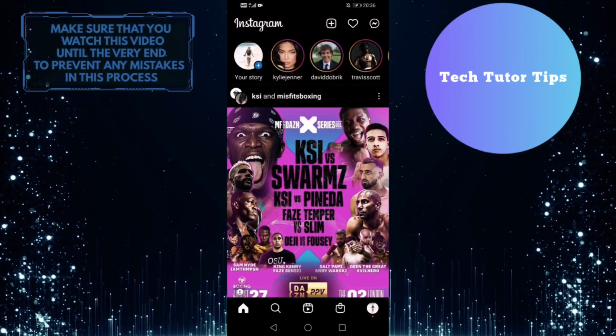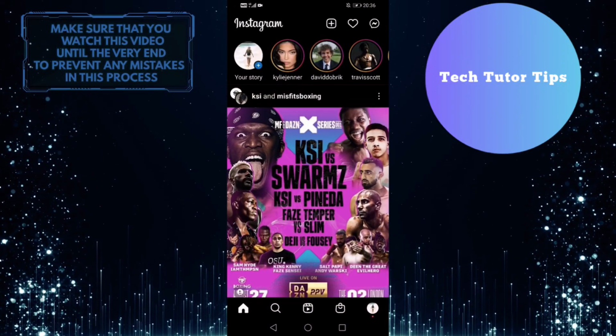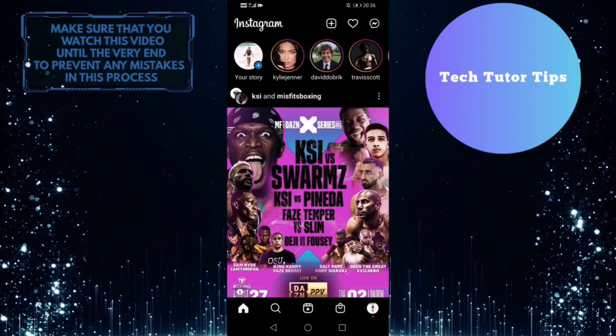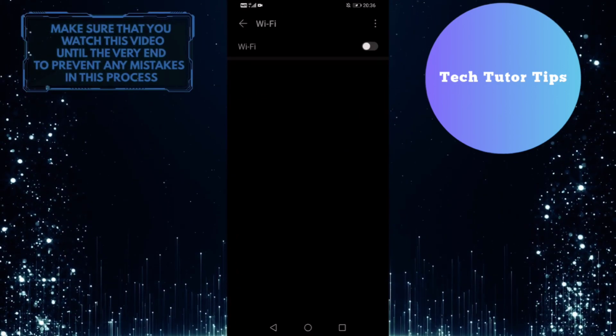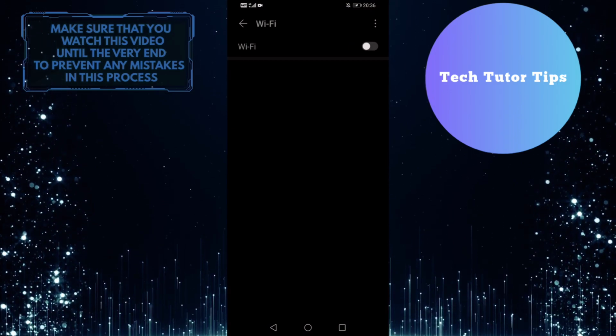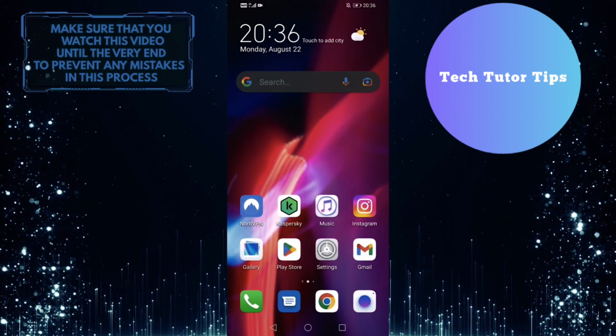So the very first thing that you should do is make sure that you have a fast and reliable internet connection, because if you have a poor connection, it can lead to bad and blurry-looking stories. So if you're using a poor and weak Wi-Fi connection, consider switching to a cellular data connection when uploading your Insta story. If your stories still look bad, then what you want to do next is make sure that you